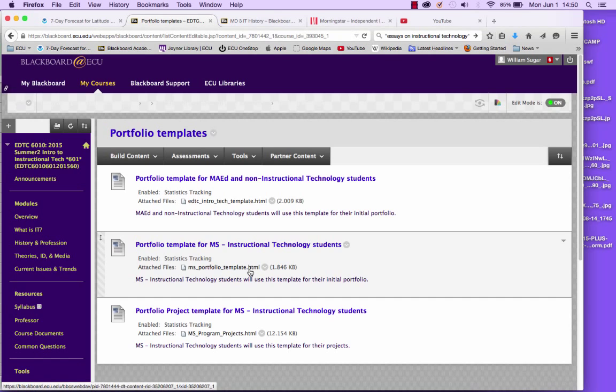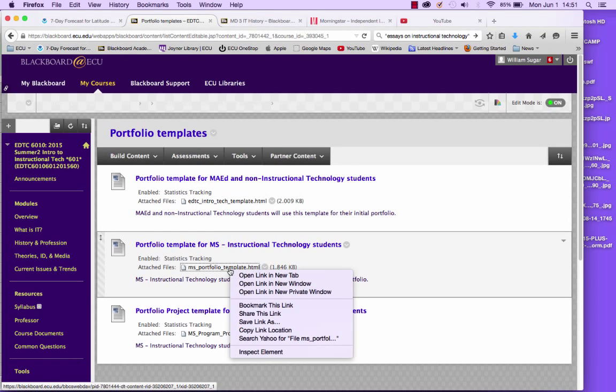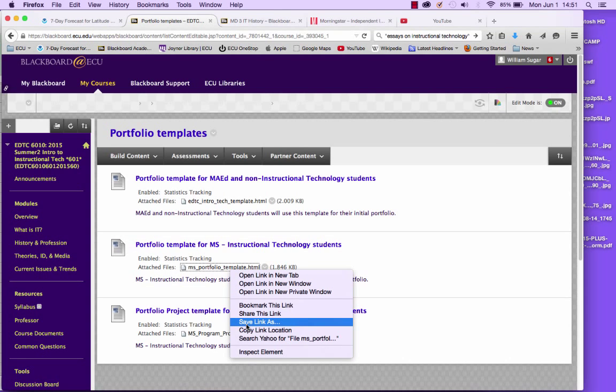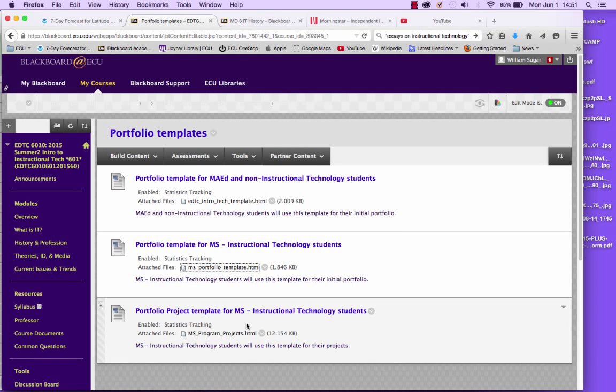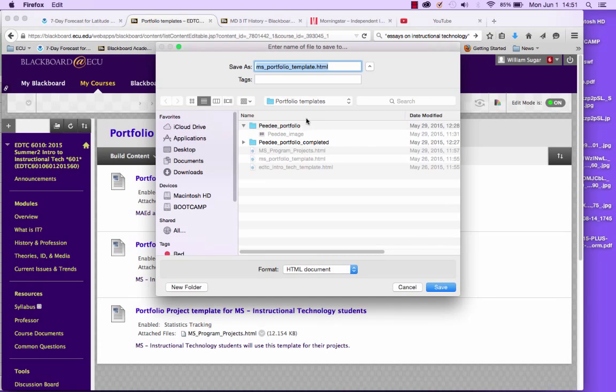And it's the same process in downloading a template to your machine, to your computer. If you have a Mac, you will Control click, or if you have Windows, you'll do a right click onto this particular file name. I'm going to do the MS template first. And I will click this. I will save this link as,